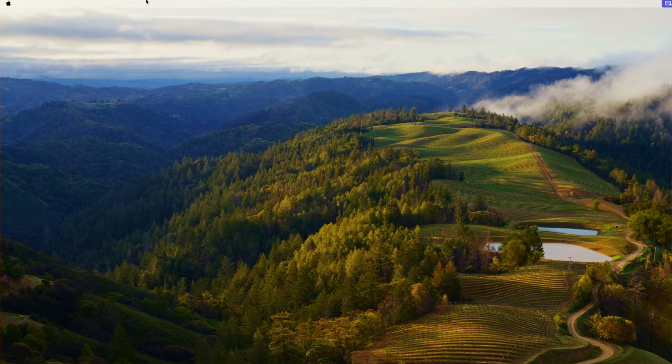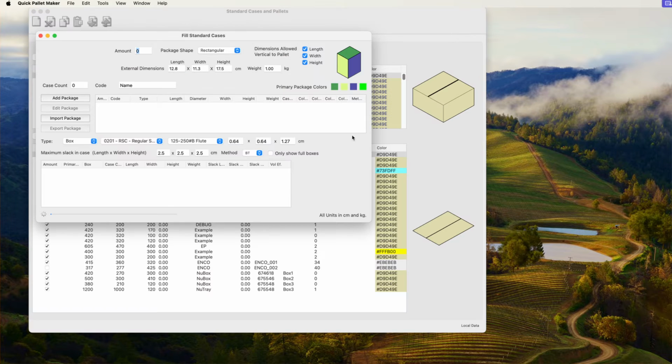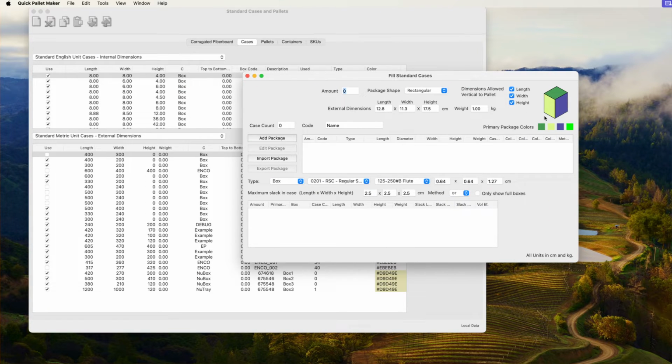The first step is to open the window by New Data Sheet, Fill Standard Cases. We will see that in the foreground, we have a small window here where we have the information of the primary package. We can list the primary packages, and we also have the information of how to select the box. We can select the box, and we can also change the settings in terms of slack and the method for